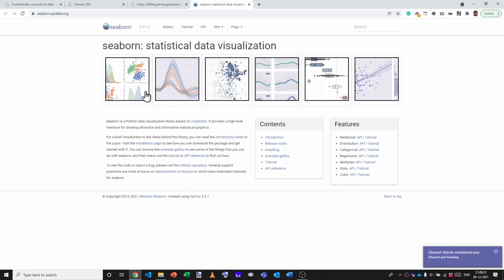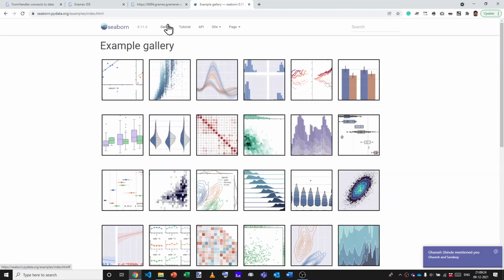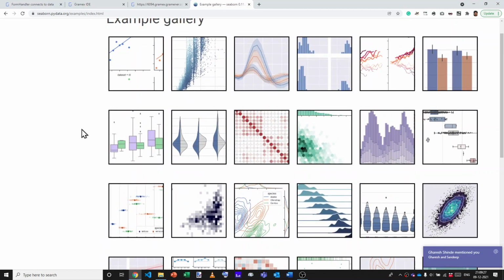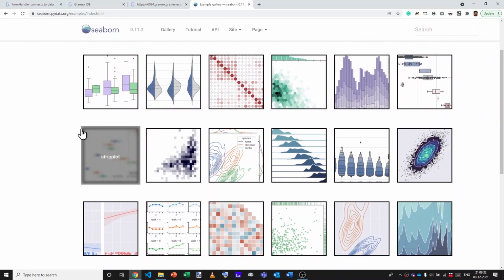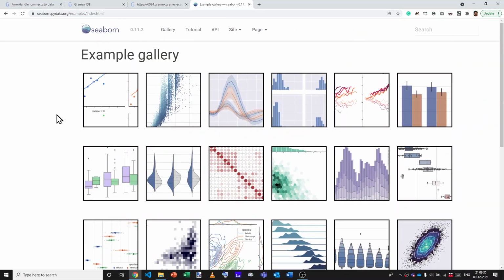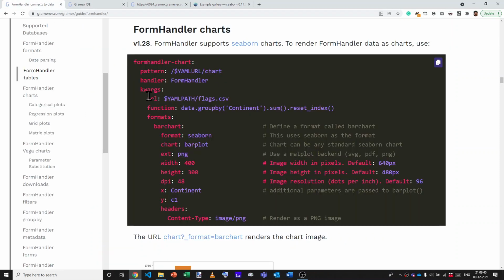or even PDFs. Now, let's take a quick look at the gallery to see the kind of images that we can create. What we'll do is pick a few of these and show how that can be created using FormHandler on the server side. The configuration begins with, under the kwargs for a FormHandler, adding formats. You can specify any chart or any number of charts as a format, and we are going to create a chart called bar chart. This uses the Seaborn format of charts, and specifically we are going to be using a